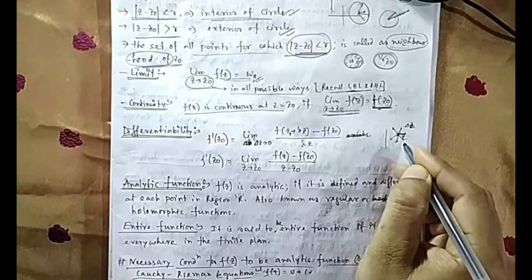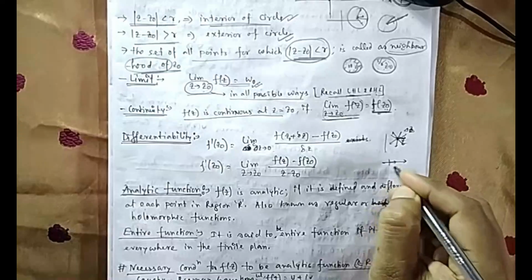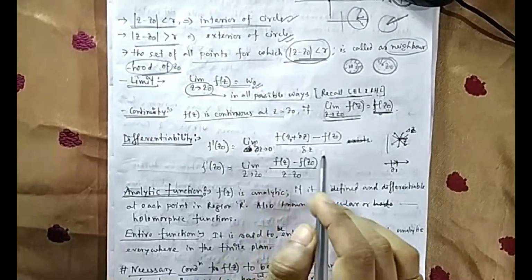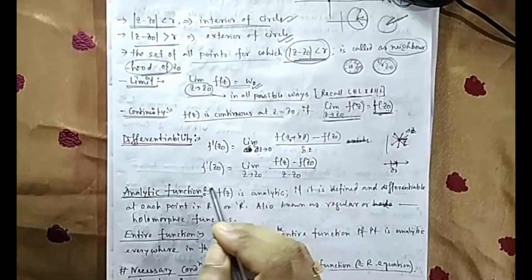There are so many ways delta z can move now. But in the earlier class your x was in this direction, so delta x was fixed in this value only. Here delta z can move anywhere, so you should be careful. You can write this in this format also, f dash at h0.